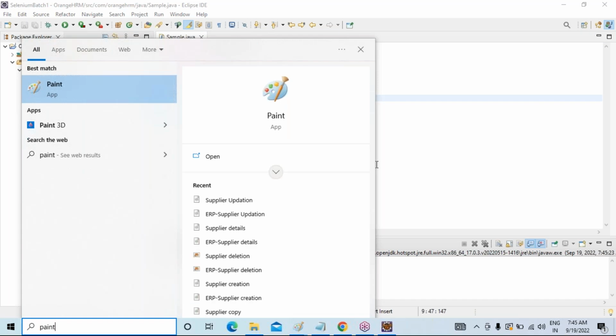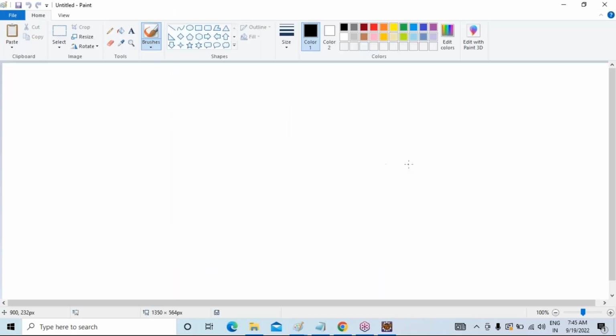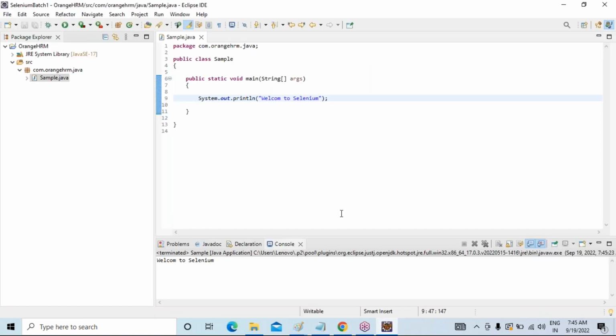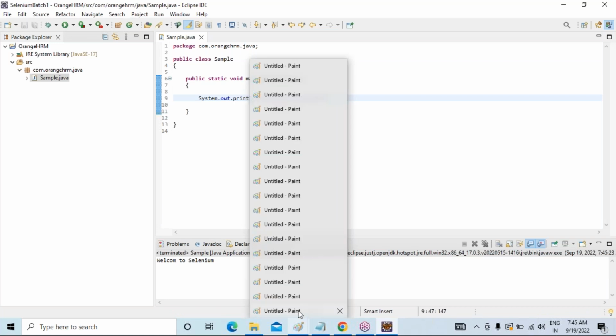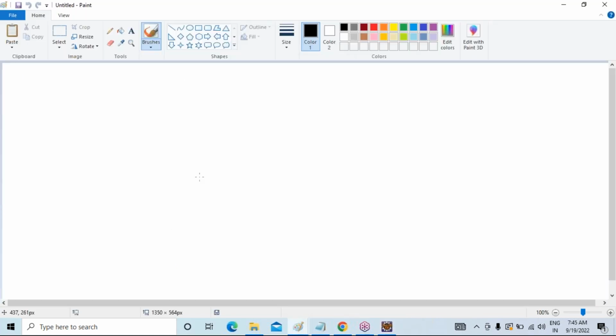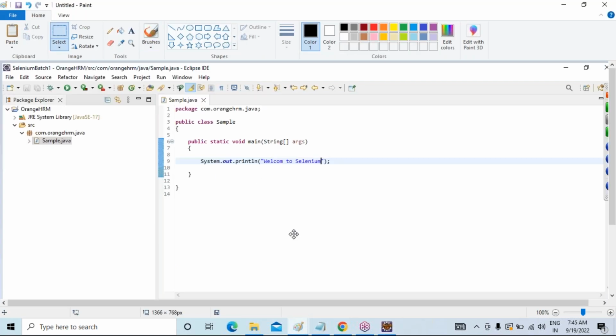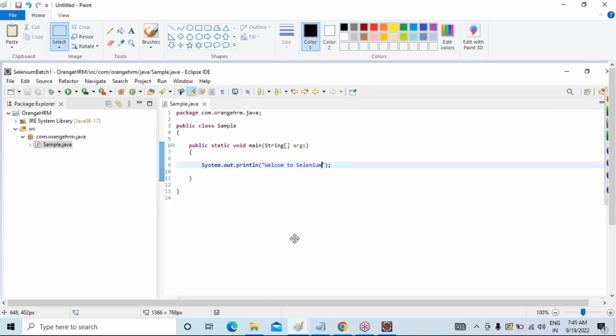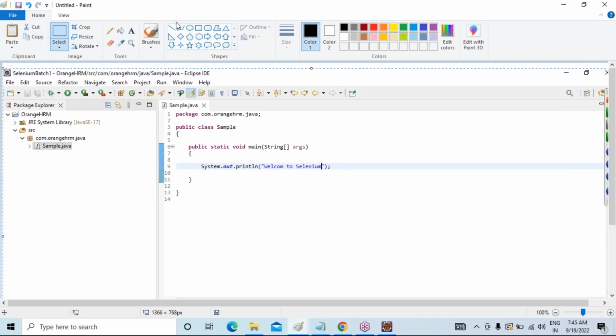So we have to understand this one as well: how the Java code is going to be executed. The first thing is the execution will start from the main method and it will enter into this